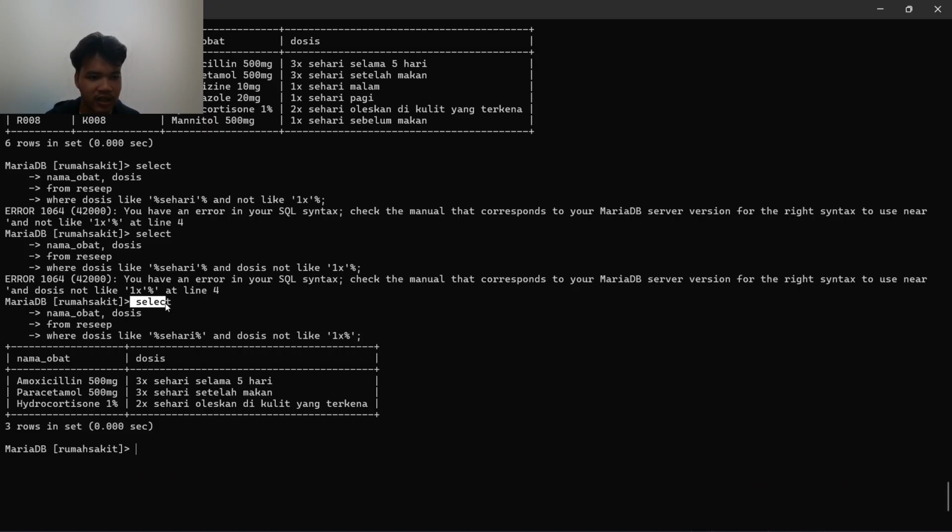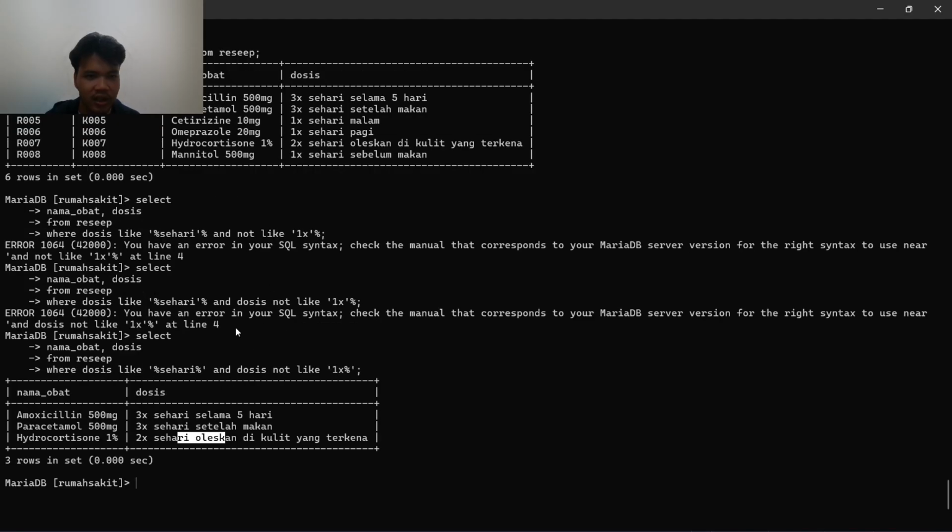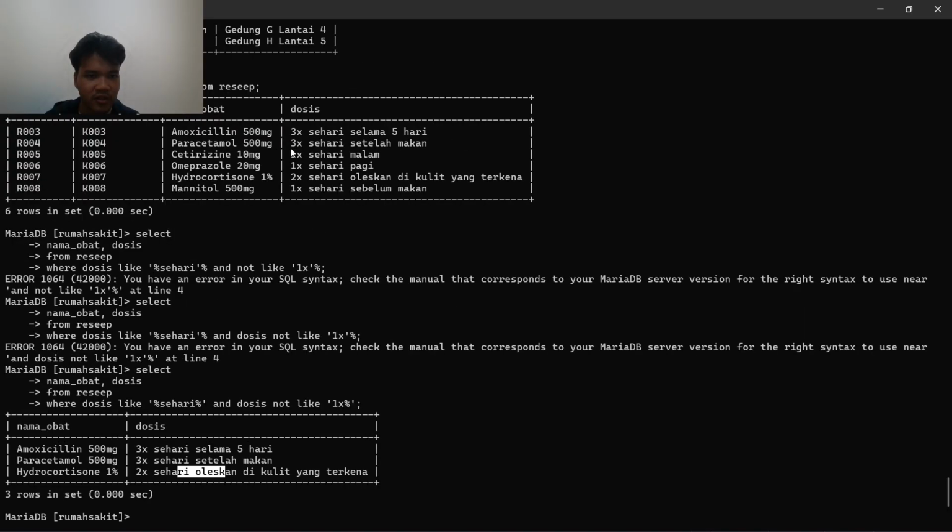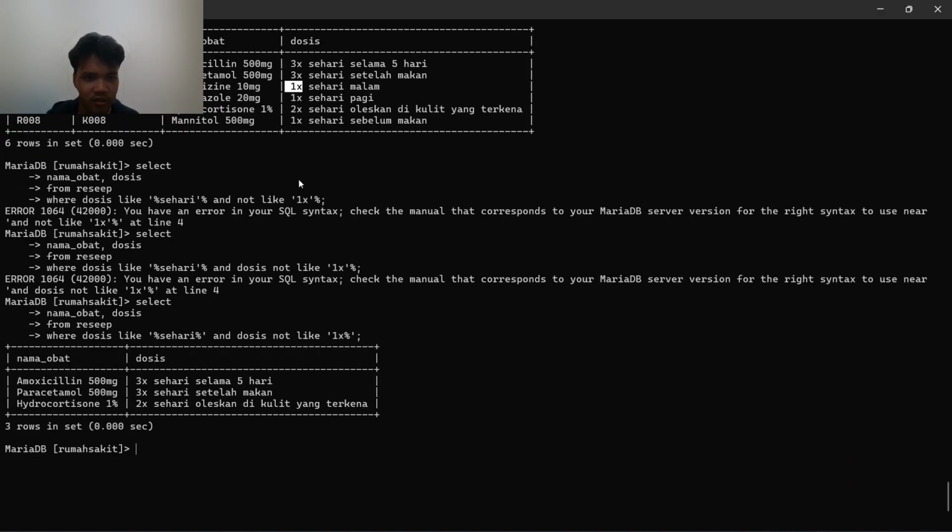We just need to select the nama obat and the dosis from the table resep, where dosis is like sehari, since we need the word sehari in it, and more than one time. Since in the dosis we are using a word, not an integer, as in 1x, 2x, 3x, more than one time means it's not like 1x. So we run that, and as you can see it's short.